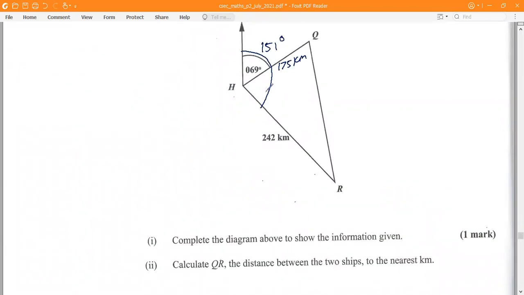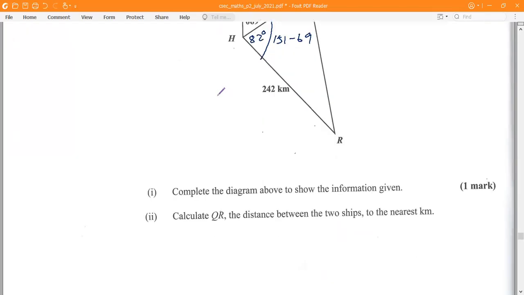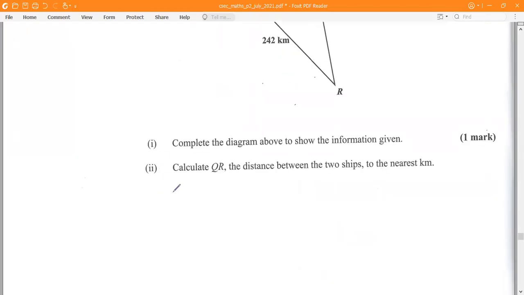Let's find this missing angle here by saying 151 take away 69. So 151 take away 69, we get 82 degrees. So this is 82 degrees here. Okay, and we have two sides and the angle between them. So that gives us the ability to use the cosine rule. So we're going to use the cosine rule